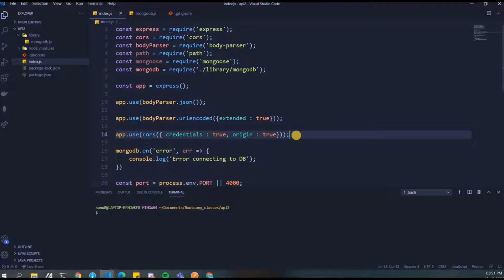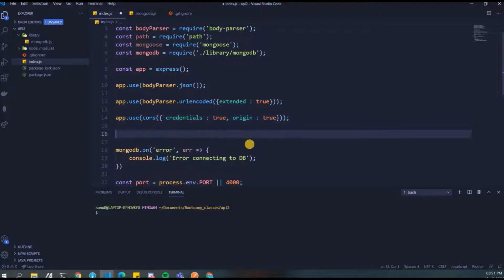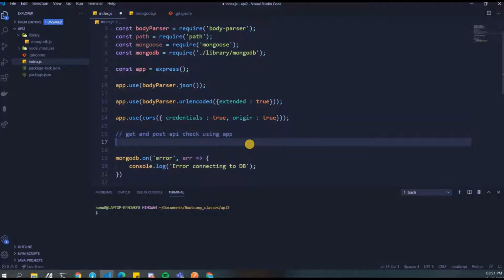We'll start off with creating some APIs which are independent of MongoDB. Let's start by creating some app.get and app.post APIs. I'll write here, get and post API check, using app.